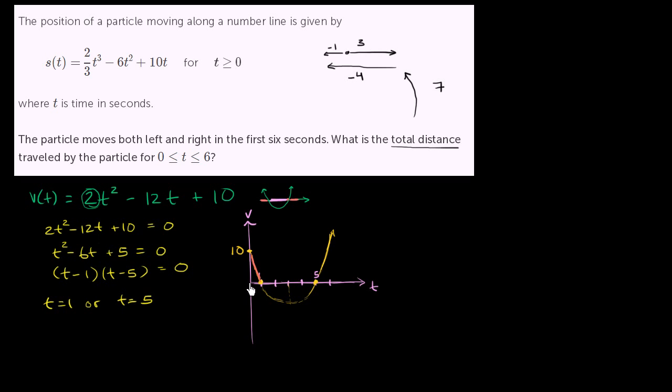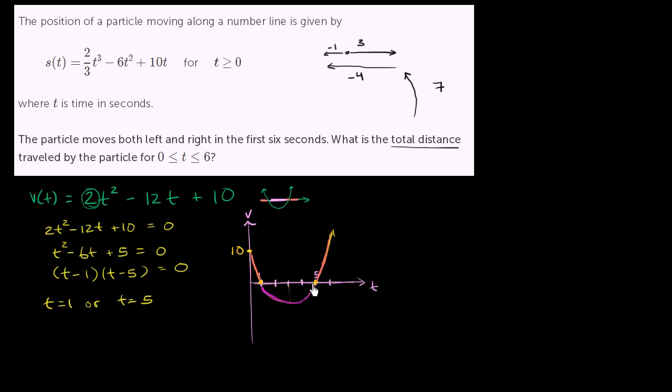For time between 0 and 1, and it's also positive for time greater than 5 seconds. We see that our velocity is negative, meaning we're moving to the left, between 1 and 5 seconds. The velocity is below the t-axis right over here. It is negative. So let's think about what our position is at each of these points, at time 0,